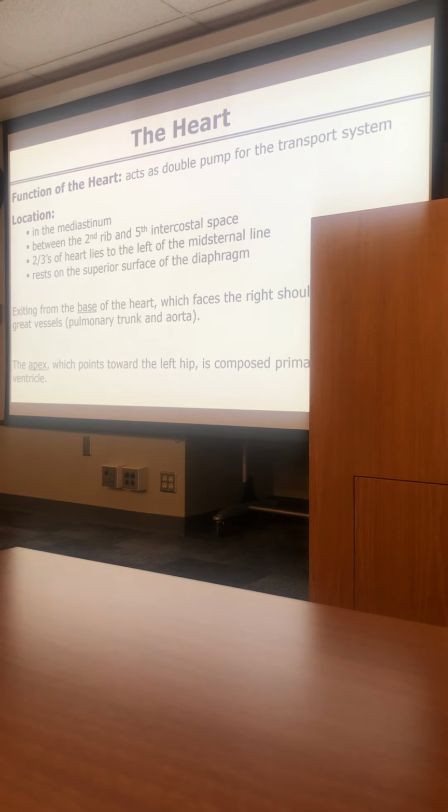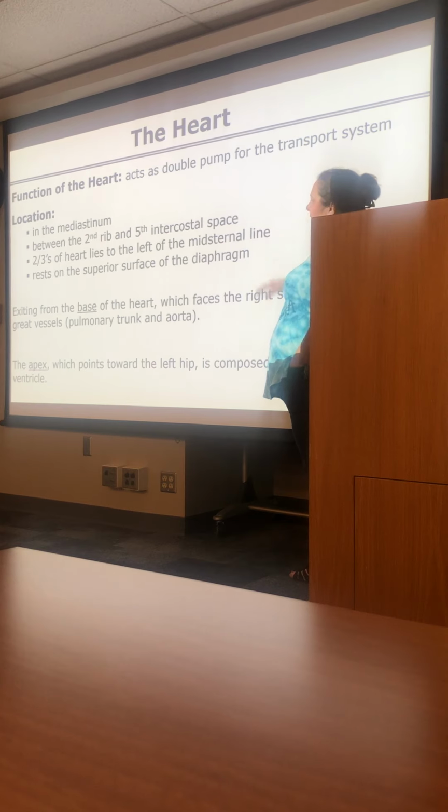Located in the pericardial cavity, within the mediastinum, within the thorax, within the ventral body cavity. So if you go from small to large, sitting in the pericardial cavity, then within the mediastinum, then within the thorax, then within the ventral body cavity. It lies between the second rib and the fifth intercostal space, and 2/3 of the heart lies to the left